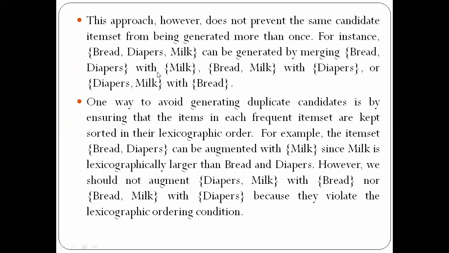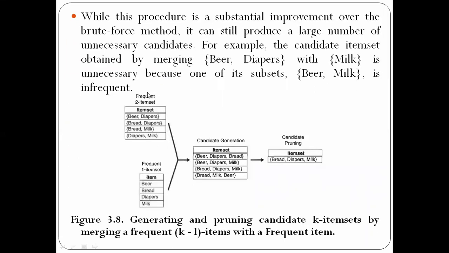I'll give you an example here. Here, a frequent 2 item set is joined with a frequent 1 item set in order to generate the candidate 3 item set. But the procedure that we have followed is Fk-1 into Fk-1. We have merged F2 into F2. That is our method. But there are other methods like brute force and Fk-1 into F1 also. In this Fk-1 into F1, we will be performing the merging of, for example, F2 with F1 in order to generate the candidates here.